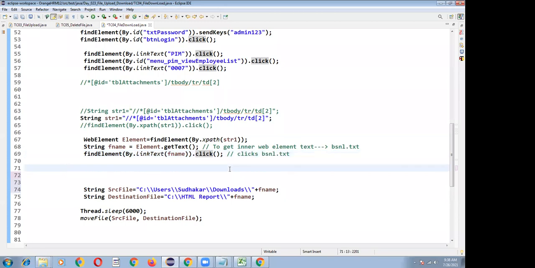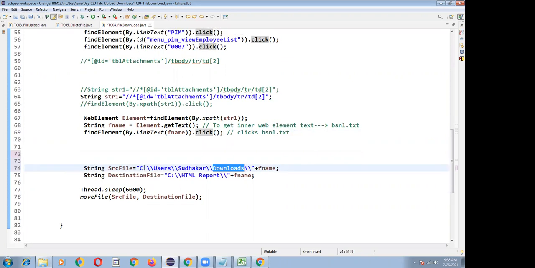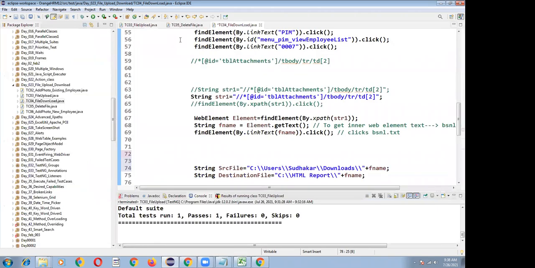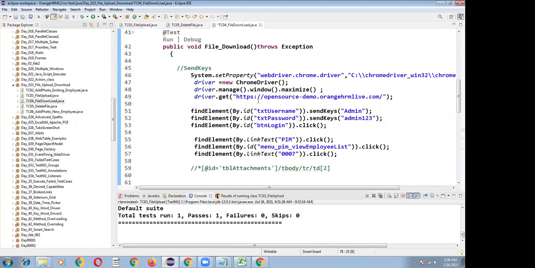After that, it is immediately downloaded at this location, the user Sudhakar downloads folder. I want to move that file to some location, so I'm calling this method, move file. Let me run the program now, 0007.